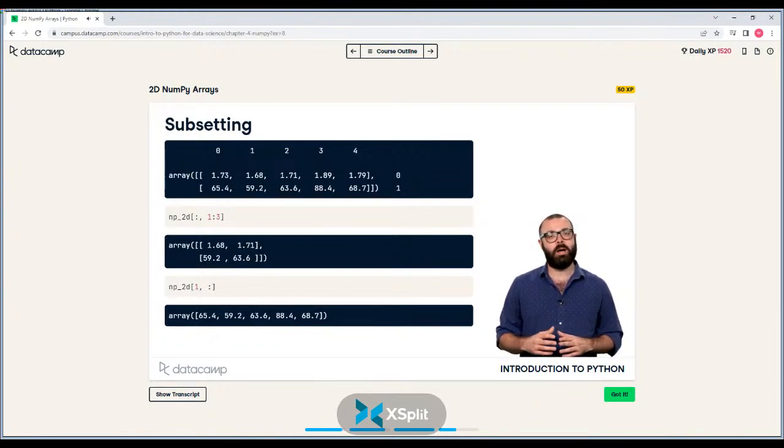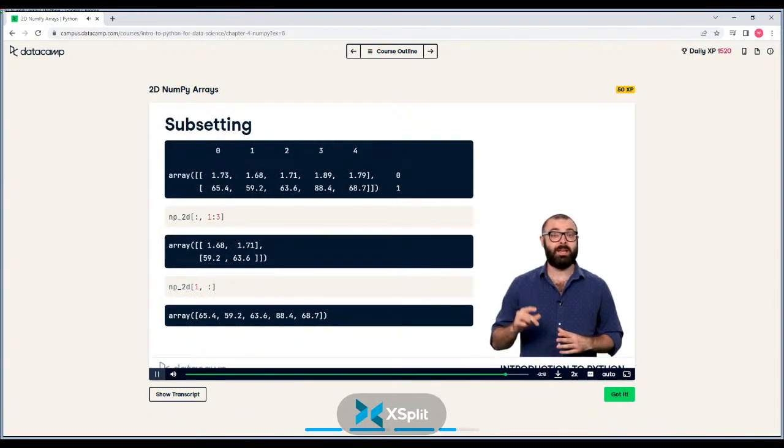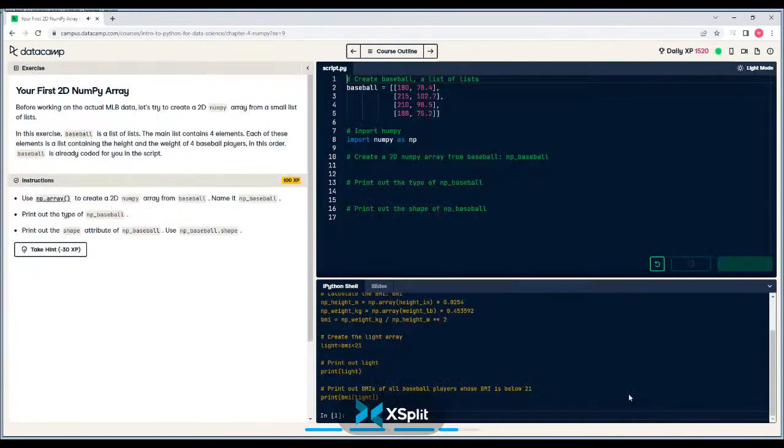Finally, 2D NumPy arrays enable you to do element-wise calculations, the same way you did with 1D NumPy arrays. That's something you can experiment with in the exercises, along with creating